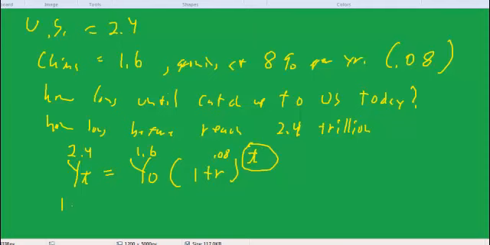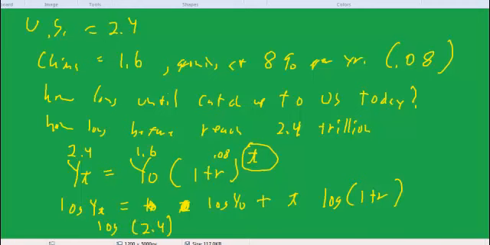So if we take the logs of everything, then we have log yt equals log y0 plus t log 1 plus r. And plugging in numbers, we would have log of 2.4 equals the log of 2.0 plus t times the log of 1.08. So when we finish taking all these logs, then we'll be able to solve for t. And the answer will be